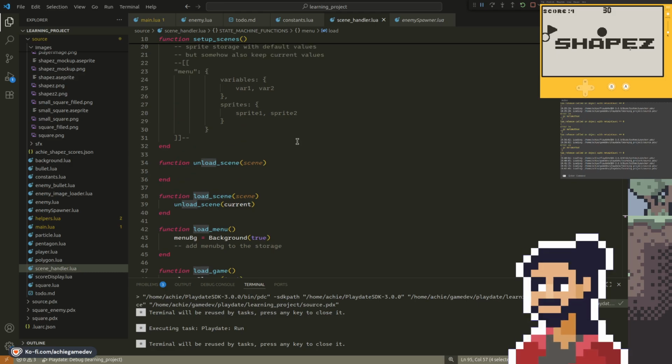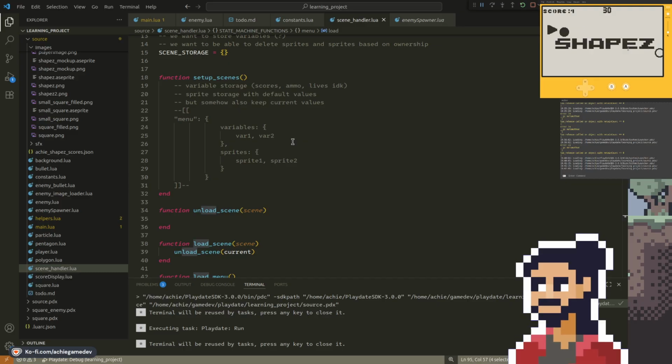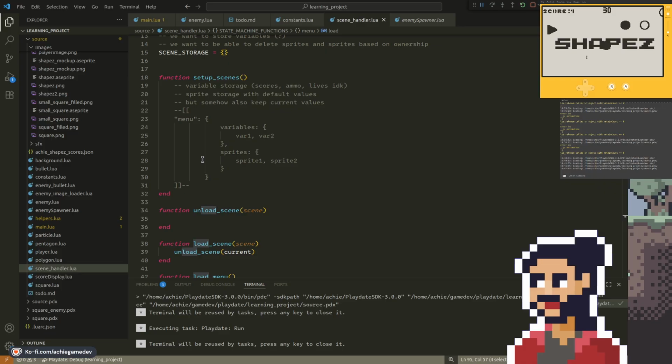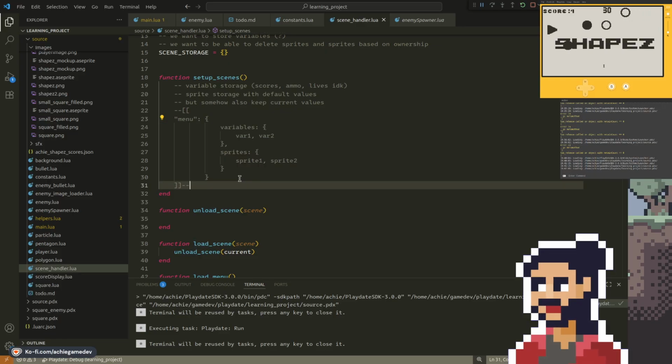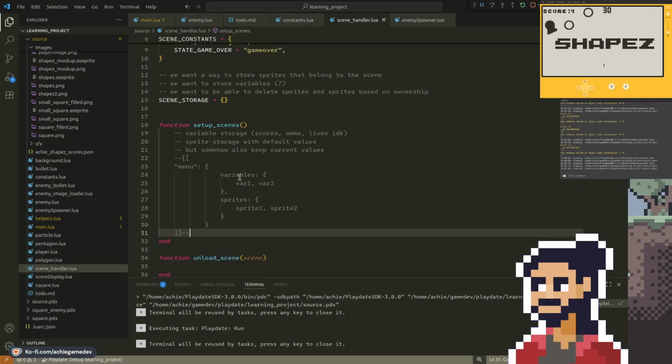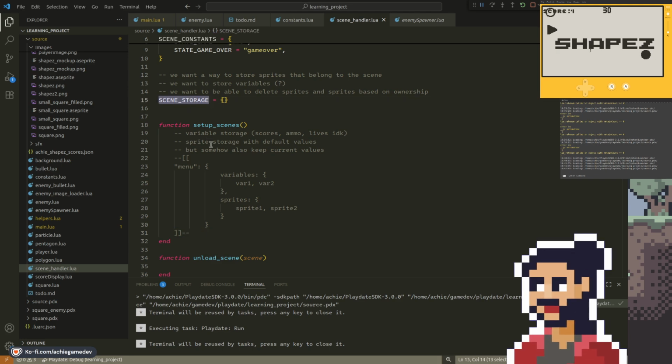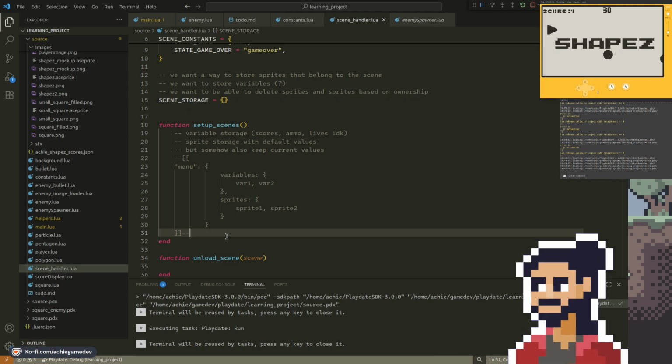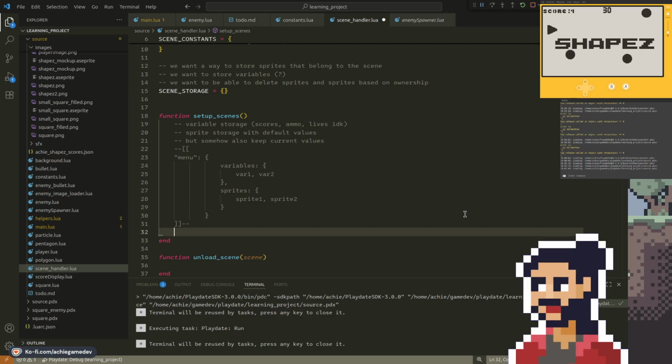Now comes the trying to be big brain part. In the load scene function we need to do this, but we need to init this one. So it would be like